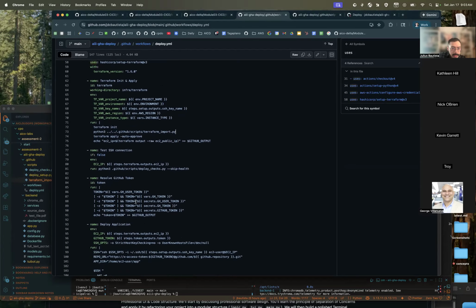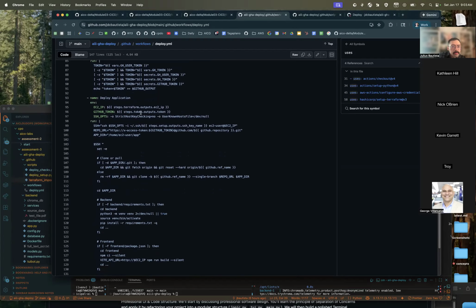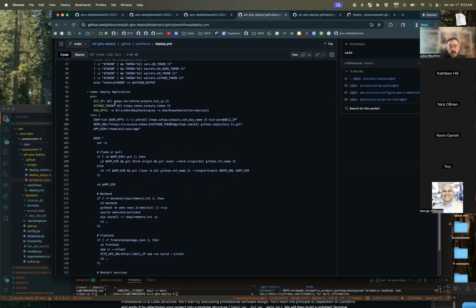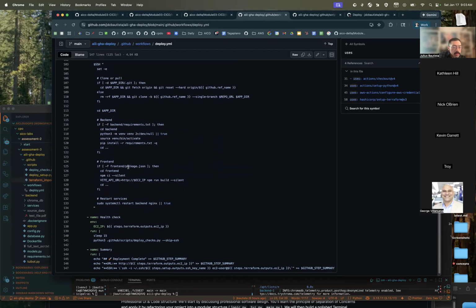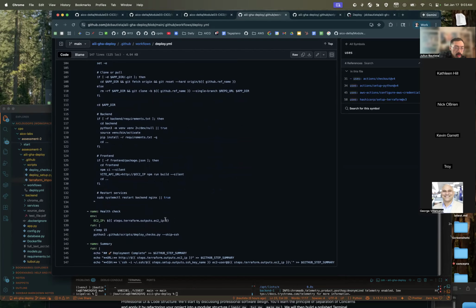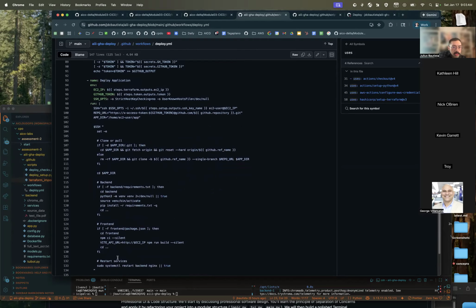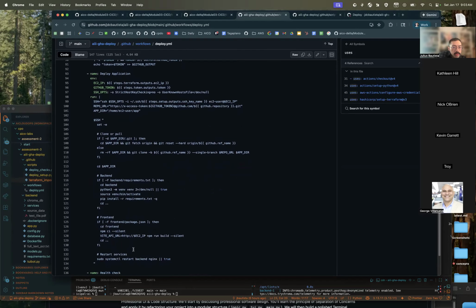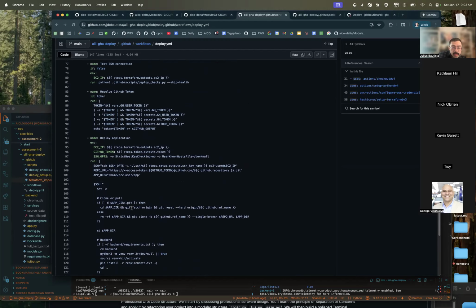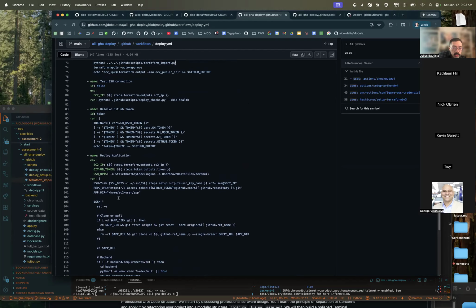From there, we're testing the SSH connection, and then we deploy the application. I had a version of this that was using Ansible, but because we removed Ansible from the curriculum, this is a simplified version that really just SSHs onto the EC2 once it's up. It uses, well, it depends on what you're using to push your containers. I like to use GitHub Container Registry over Docker Hub. So I have my GitHub token here for that.